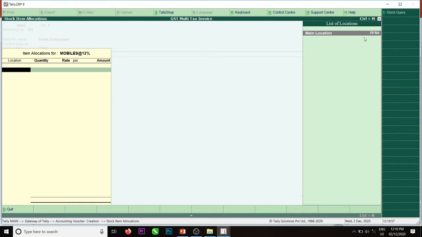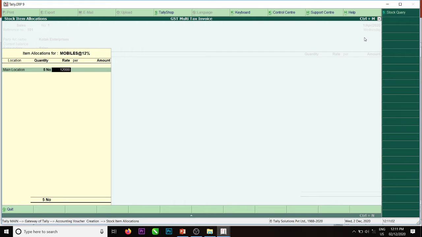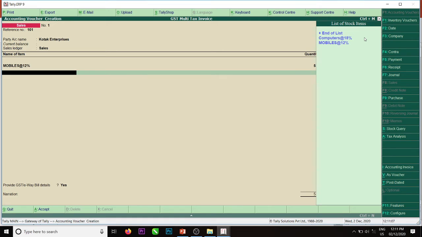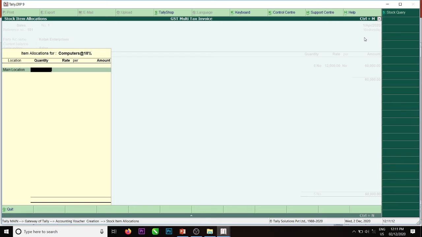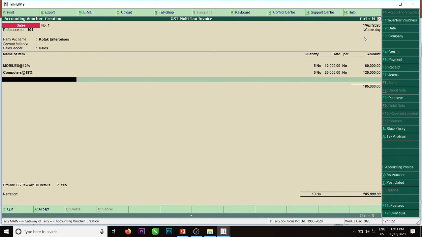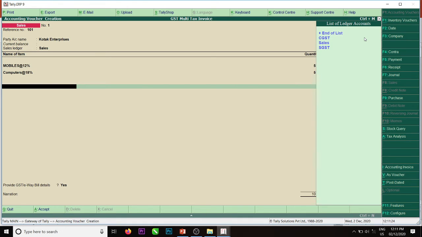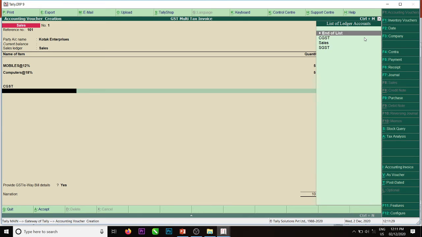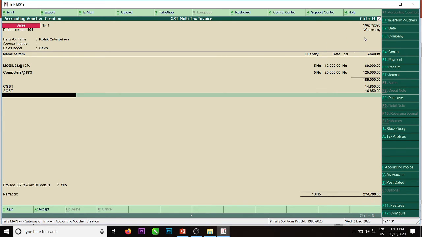Mobiles. 5 we are selling for 12,000 rupees. Computers we are selling, 5 at the rate of 25,000. Tax, CGST, SGST calculated. Okay.